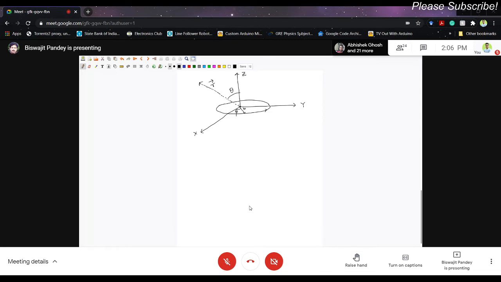Then we want to calculate the vector potential due to this entire loop. In order to do that, we have to divide this entire loop into small elements of length. Suppose this is a small element of length dl, and this angle is phi, and suppose dl subtends a small angle, say dφ. Then the length of the element dl will be b dφ. You have many such elements along the circle, which gives you the entire loop.